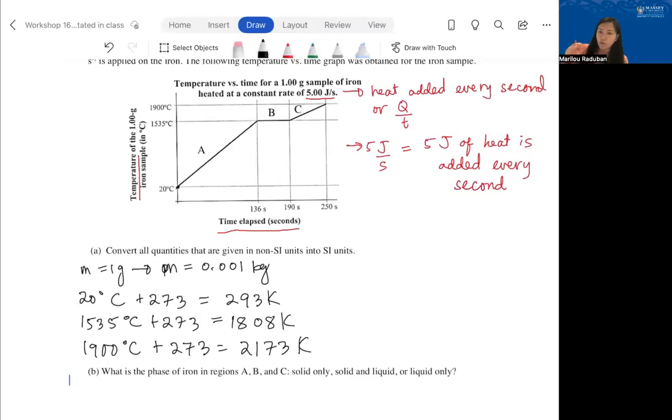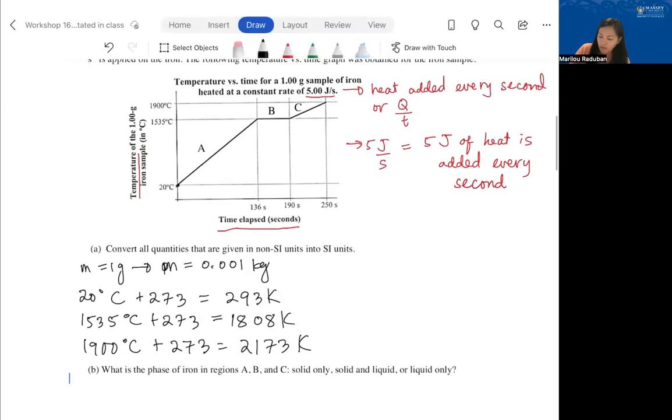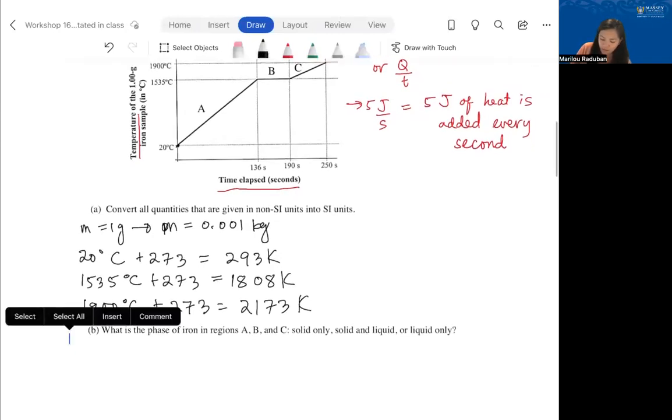We learned that when your object is only at a single phase, any heat that's added to it will cause its temperature to change. Looking at the graph, there are two regions, region A and region C, where the temperature changes. That tells you that initially the iron started as a solid, and the second region of temperature change is when it's all liquid and it has melted. So region A